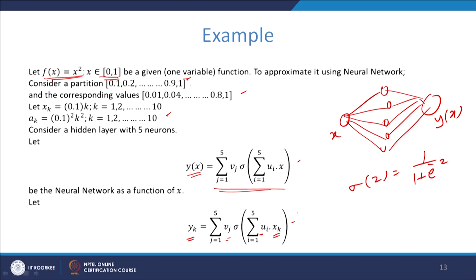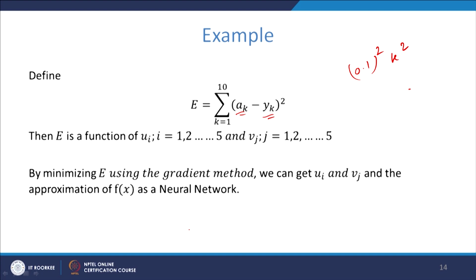So, the square of the difference between the required value alpha k and the neural network value should be minimized at each and every partition point. So, the error is the summation for k equal to 1 to 10 of the actual required value minus the neural network value, whole square, at each partition. If you minimize this using the gradient descent method as shown previously, we can easily obtain all the